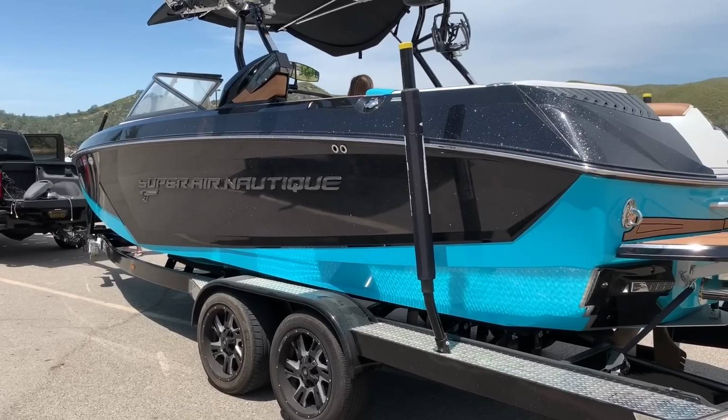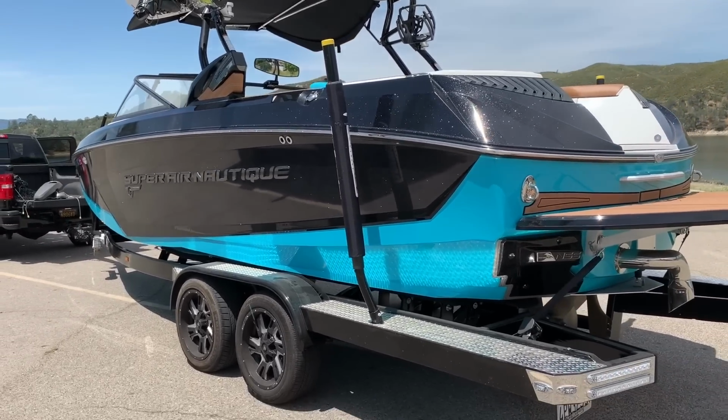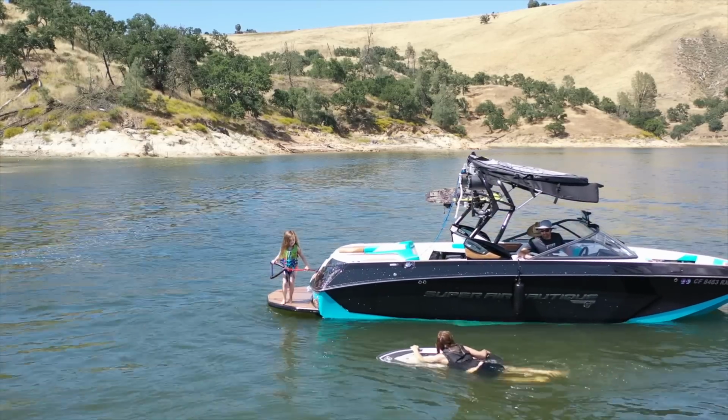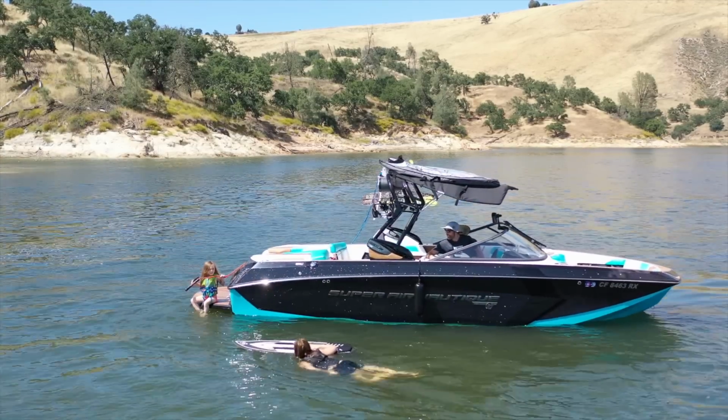Man, I'm out here at Lake Success in our second part of our two-part series, Old Boat versus New Boat. That's right, a couple of days ago we were on a $120,000 G23 2016. That thing's probably about $150,000, $160,000 new. It was unbelievable, man. We had a great time out there at Lake Nacimiento, but today we're gonna be looking